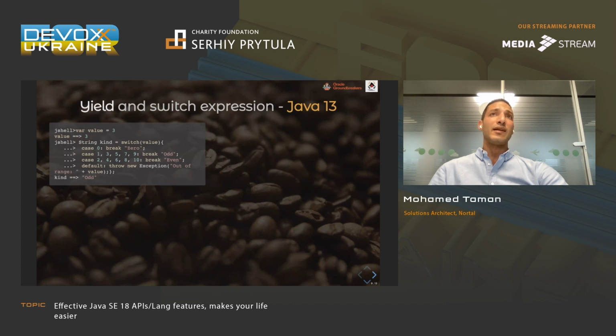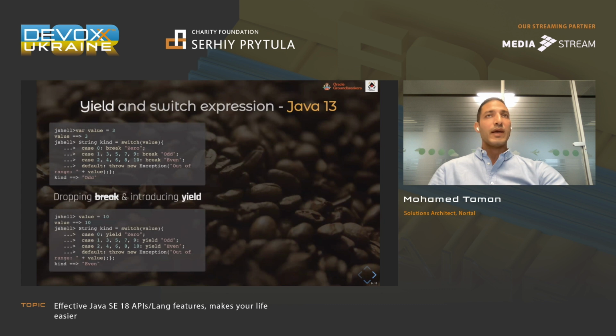It generates a value. So based on the feedback of the community, we had to reintroduce it using yield. So if you are using Java 12 with break and then migrate to Java 13, it will give you a warning that it's not used anymore. Then you have to switch to yield. So this is the great thing about preview features. It depends on community feedback and experts as well. So we are taking your opinion into account.